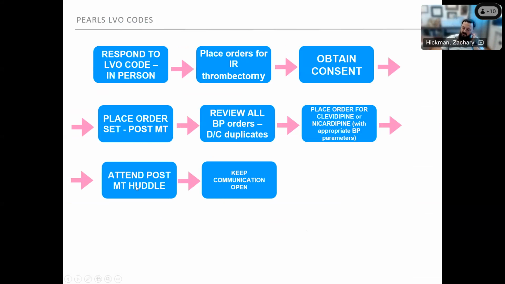So oftentimes, a thrombectomy comes in and say Dr. Caton is the attending. The neurosurgery chief resident may know, because they're on the cerebrovascular service, but the neurosurgery attending on call might be doing something else and may not be aware that there is a thrombectomy going on. So ideally, even before the thrombectomy is done, it's good to make sure that the neurosurgery attending on call is aware that there's a thrombectomy happening. But at the very least, once the thrombectomy is done,